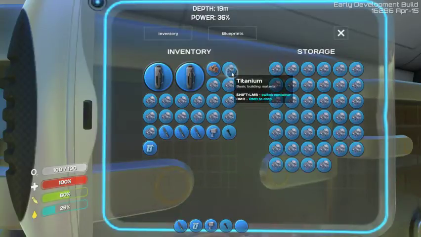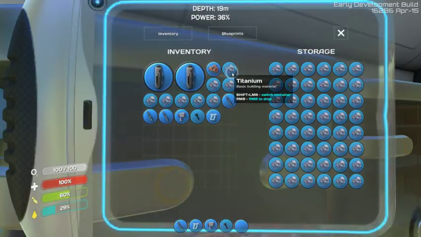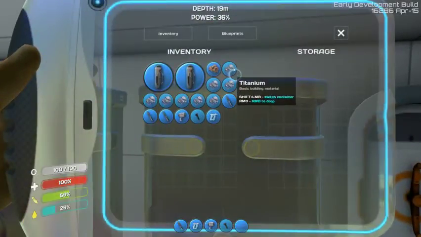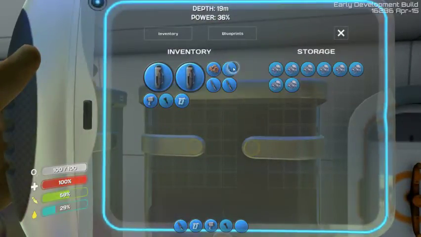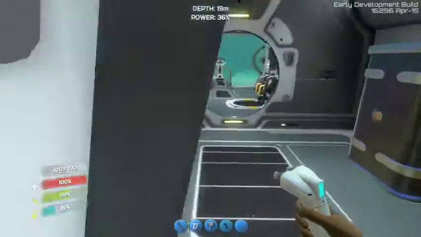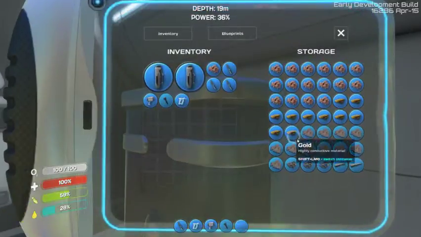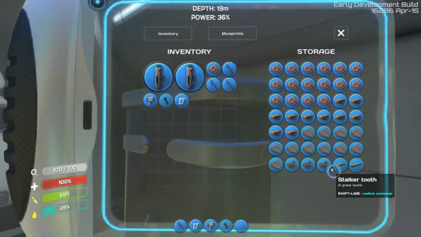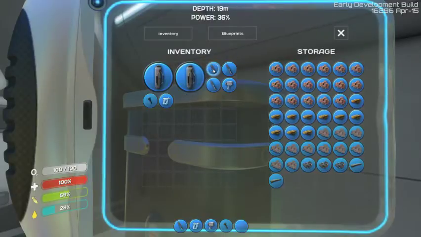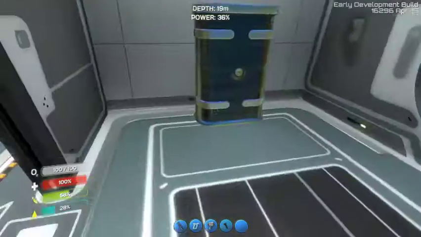And there's another locker up there we can have for like miscellaneous metals like copper, silver, gold, lithium. So this one will be our miscellaneous metals locker, because it pretty much already is. And these, stalker teeth can go in there as well. I can remember